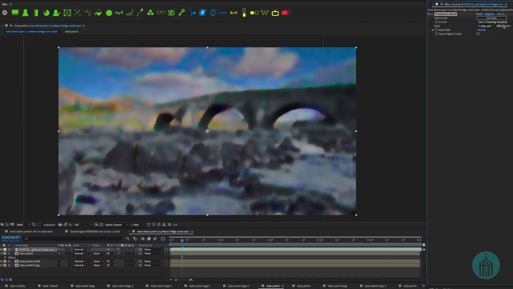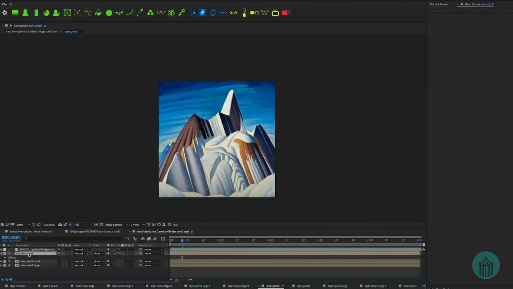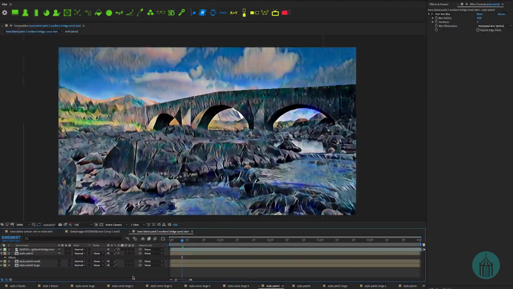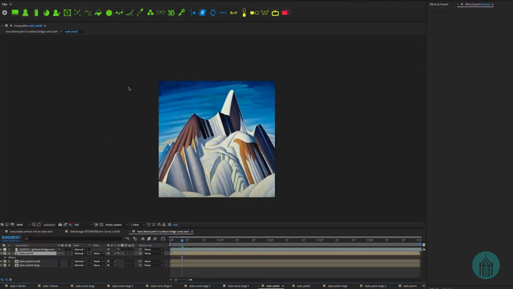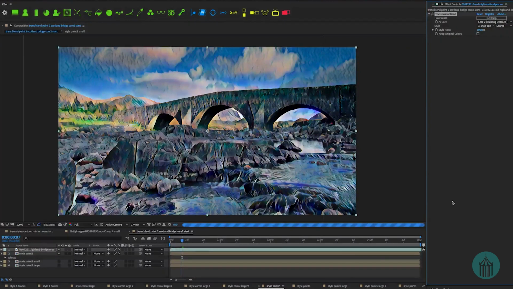Now if I take this drop down back to source, you can see it's ignoring the blur that we have applied to it. Now if we had gone into this pre-comp and blurred it at this level, having it at source would have seen it. So that's using the painting, which is a 250 by 250 comp. What if we use a different painting? Now this one is a 50 by 50. This is the exact same painting, but it's small. So if we select our footage, and in the drop down we choose the painting small,